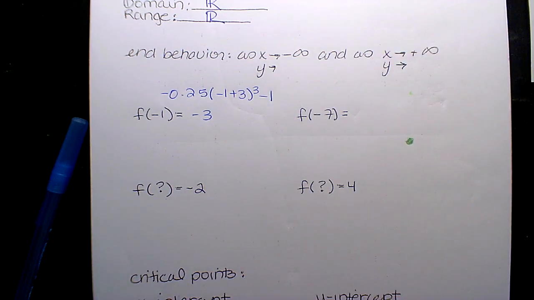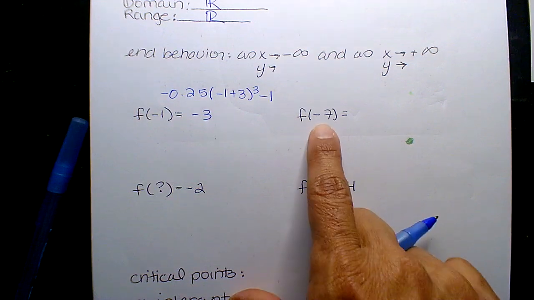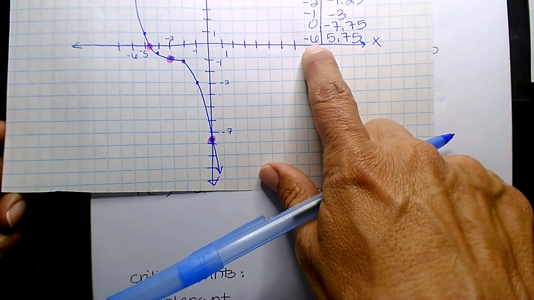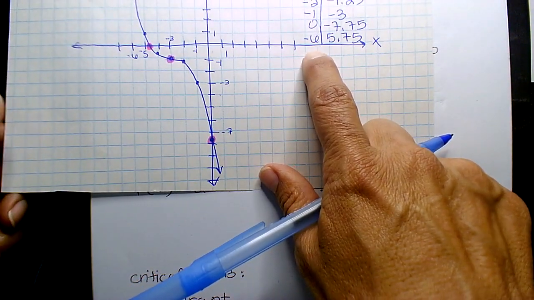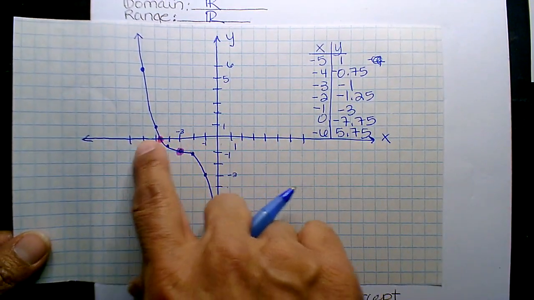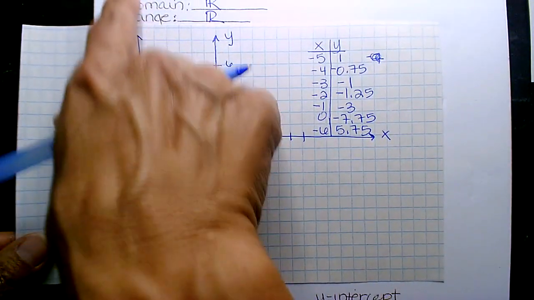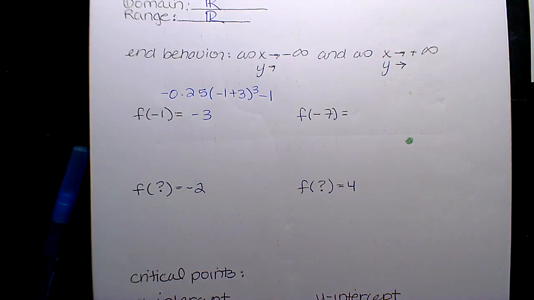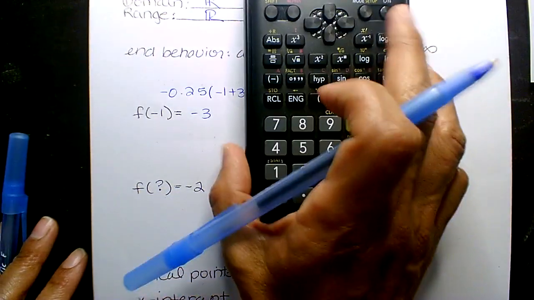It's two birds with one stone. Okay, f of -7, I went down to -6. I didn't find -7, so I'll have to put in the -7. But you know, -7, it's going to be really high up, like maybe in the 20s or something. So if I substitute -7,